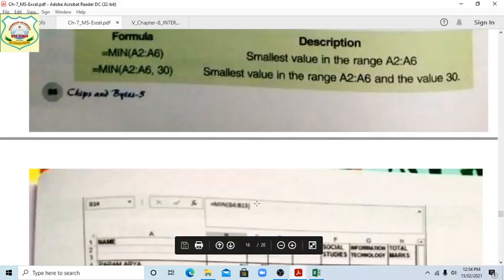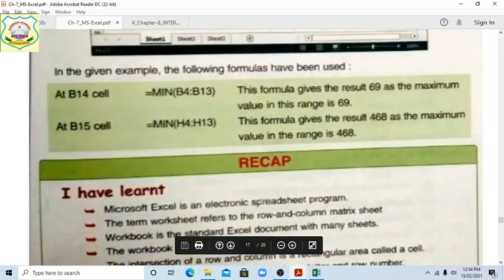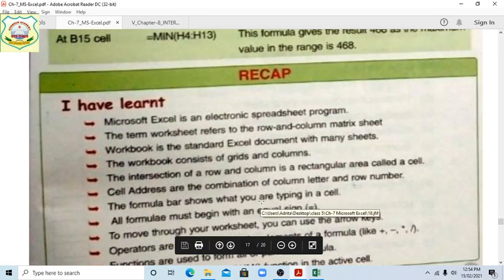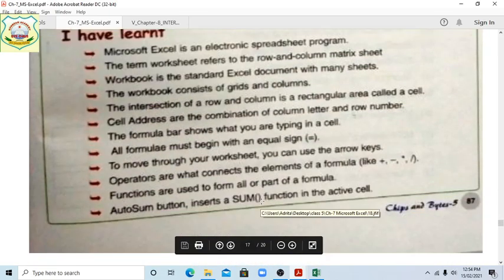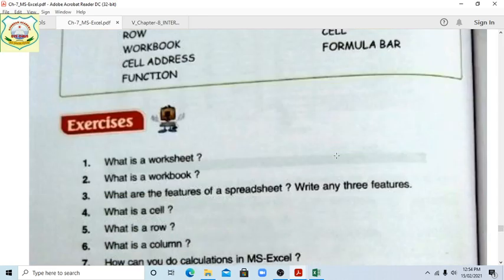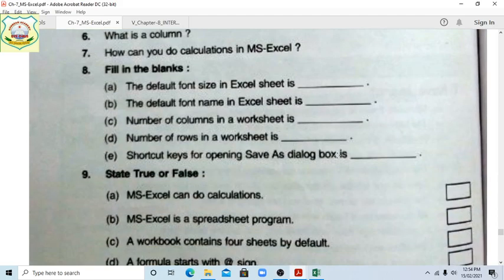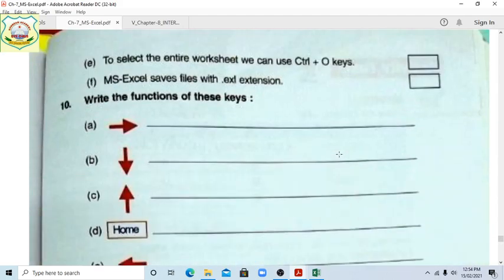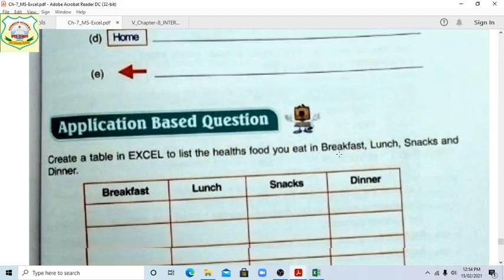So in this way, mean and max, we have told. Recap, students, whatever we have told just now. Also be prepared for your exam, which can ask from this book. You have to prepare and learn this, students. This is all very important. You will do all the things we have told you.